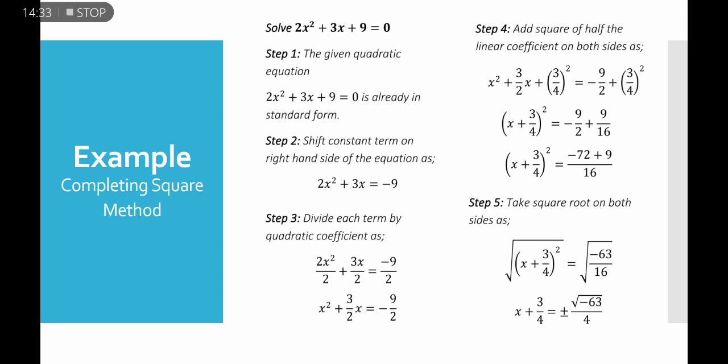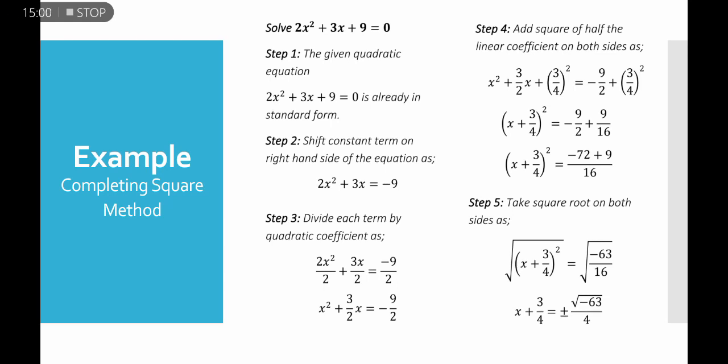Take square root on both sides. Right hand side is equal to minus 63 divided by 16. So square root of x plus 3 by 4 whole square is equal to square root of minus 63 divided by 16,